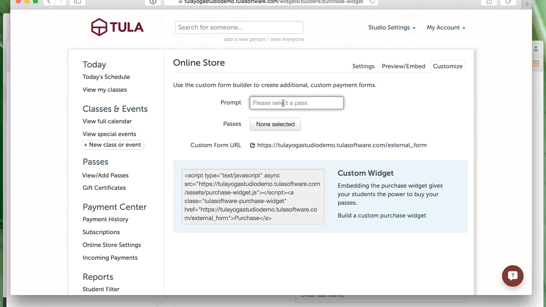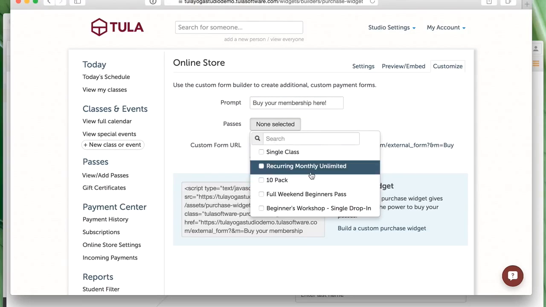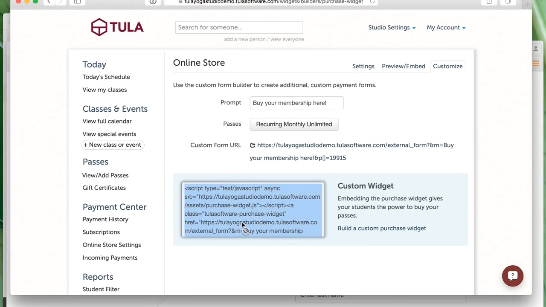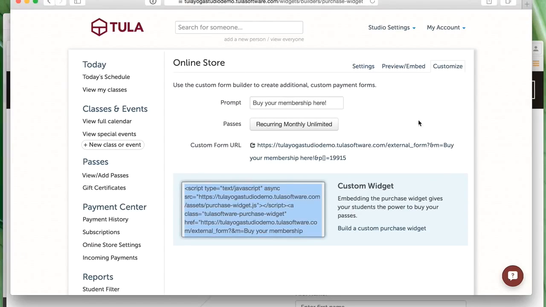So let's say I want to have just a payment form for memberships. So I might put a prompt of "buy your membership here," and I'm only going to choose the recurring monthly unlimited pass here. So I can then take this code. I'm not going to go back to the website right now because I think you get the idea, but I could create a membership page in addition to this one if I wanted to. Or I could take our special event passes and have just a list of our special events if I wanted to. But basically,